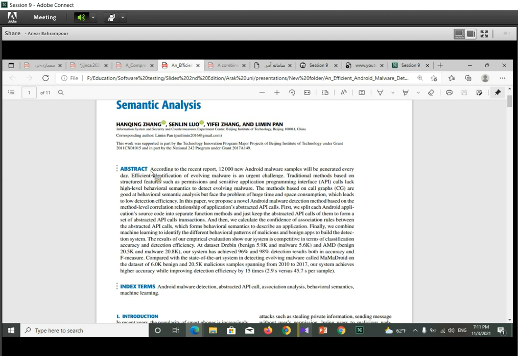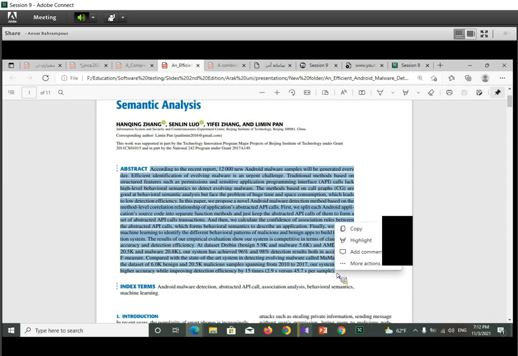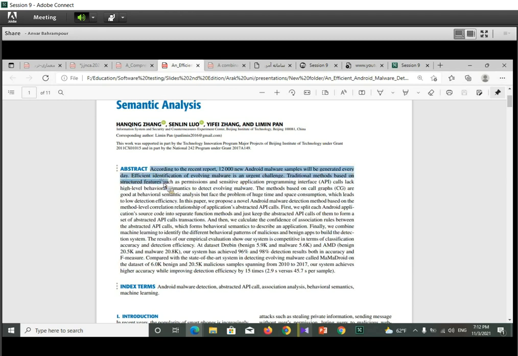Okay, so as I explained to you, each abstract in research papers has mainly three parts. The first part introduces the main problem considered in the paper.